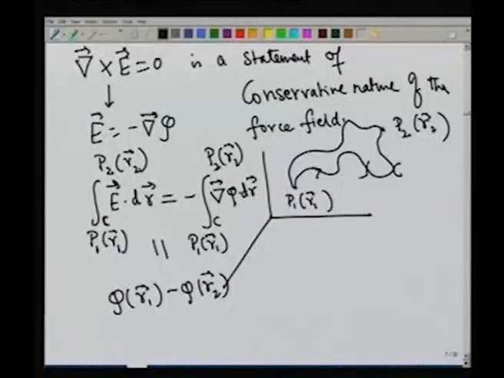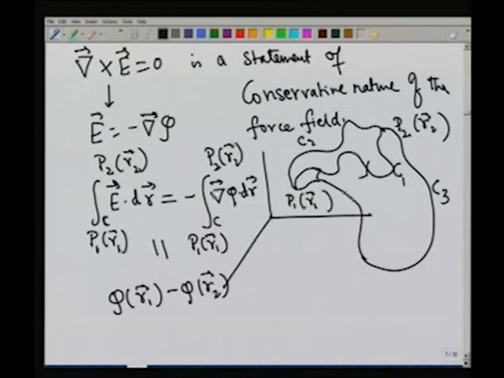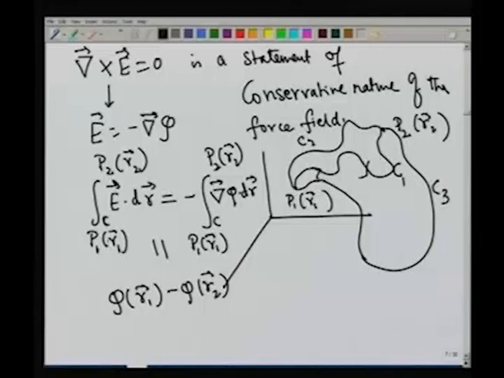For example, I could choose another curve. So if I call this C1, this would be C2. I could choose yet another curve which comes in this fashion. So let me connect it here, and it comes here. This I could call C3. And normally we would have expected that the value of this integral would depend on the initial point, the final point, and the curve that is chosen. But this result clearly tells us that this line integral is a function entirely of the initial point and the final point. It does not matter to us which curve that we are going to check. In other words, the integral is path independent.